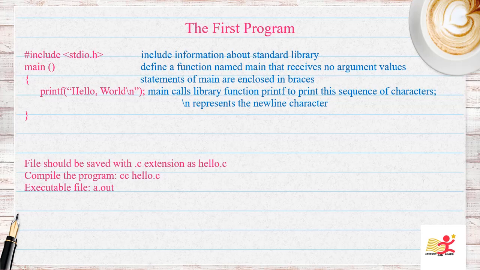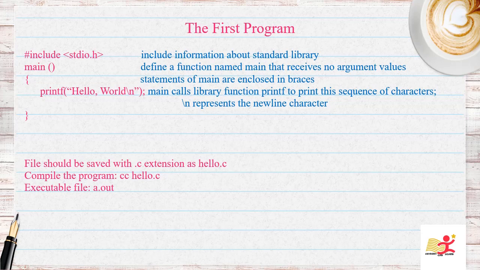If you are trying your examples on a Linux machine, create this program in a file with a .c extension, for example hello.c. Then compile using the command cc hello.c. If you haven't misspelled anything, compilation will be successful and produce an executable a.out. You can run this executable using the command ./a.out and it will print the output as hello world. Now, let's see this program in detail.